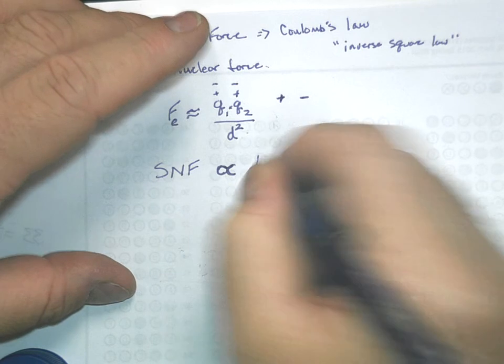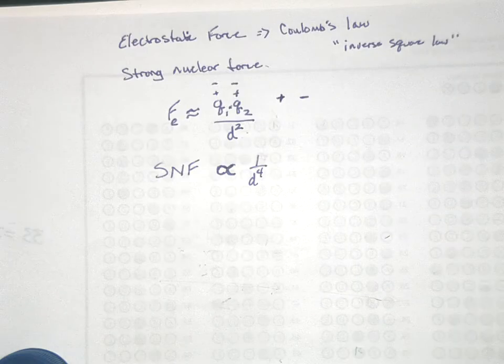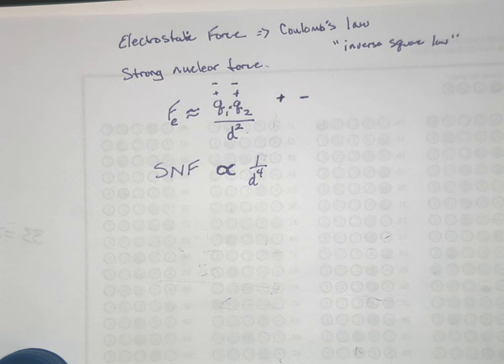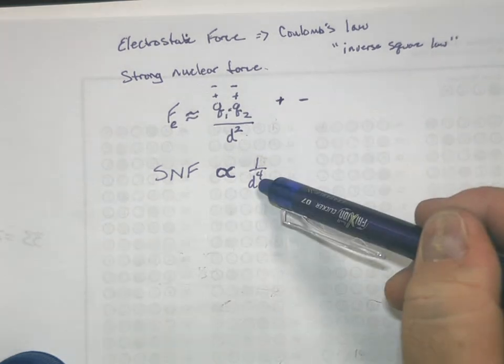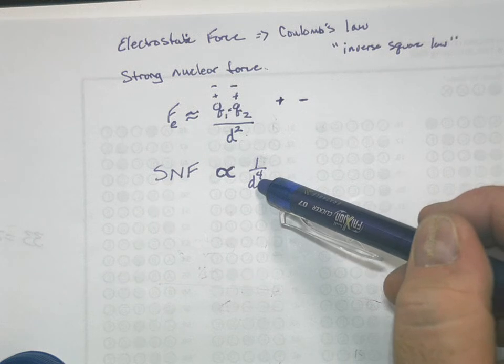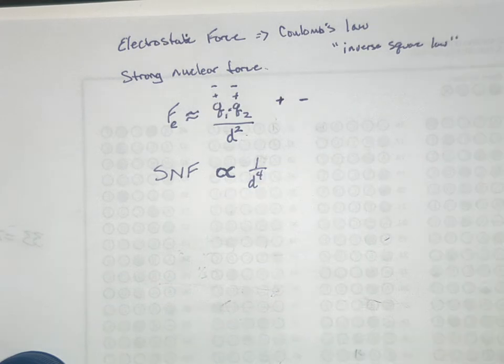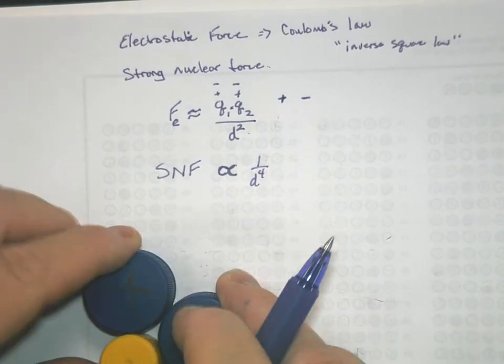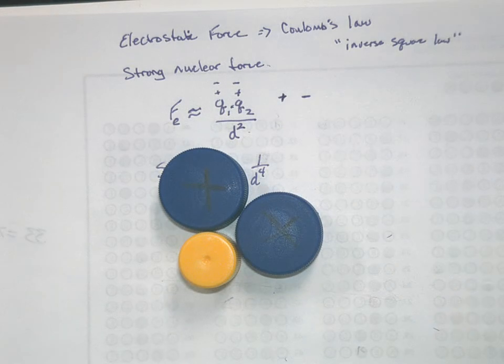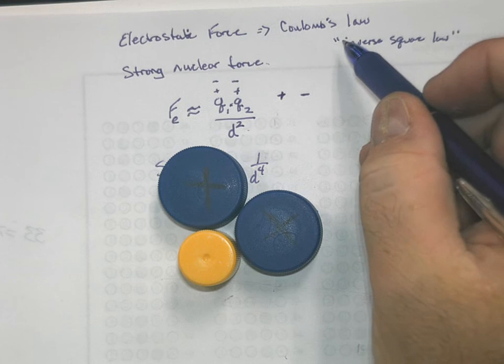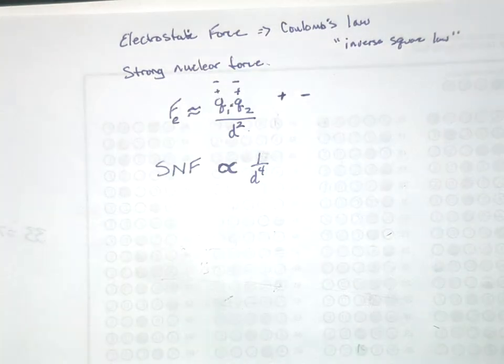So think about it. The closer the particles get, the repulsion is strong. But if we get them really close together, the strong nuclear force takes over. You guys following here? The strong nuclear force takes over and grips them together, and it doesn't let them rip apart. It just grabs onto them tighter than Coulomb's law. And these are the competing forces that are going on inside the nucleus.